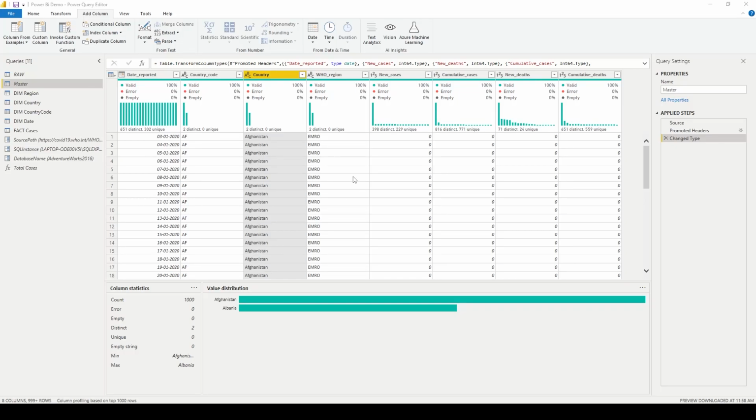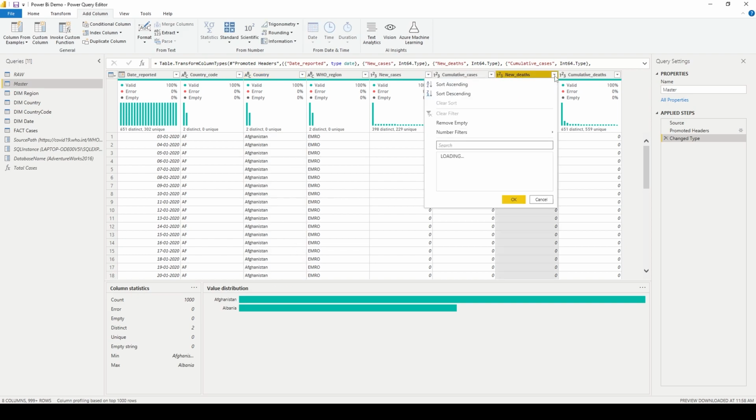In this video, we will be looking at a few options in the add column tab. So let's begin with columns from. So let's begin with the conditional column. As the name suggests, we are adding a new column based on certain conditions. From the given table, let's consider an example wherein